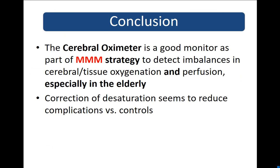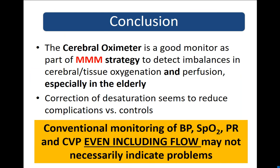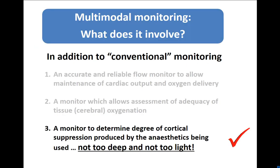I think correction of desaturation seems to reduce complications, and the important point is, even if you use conventional monitoring, with flow and depth of anaesthesia, you still need cerebral oximetry, and I think Loredana will show some examples of that. The third monitor in this strategy is one I think we're much more used to using,